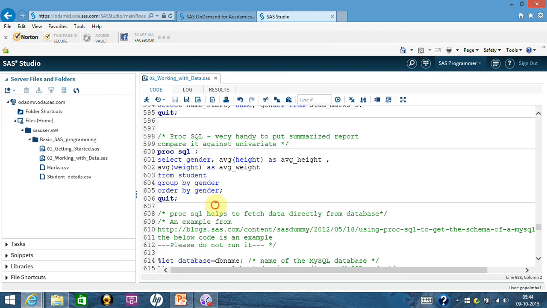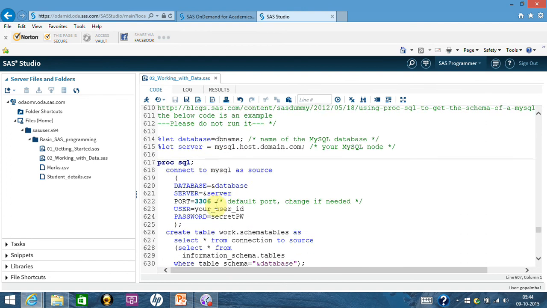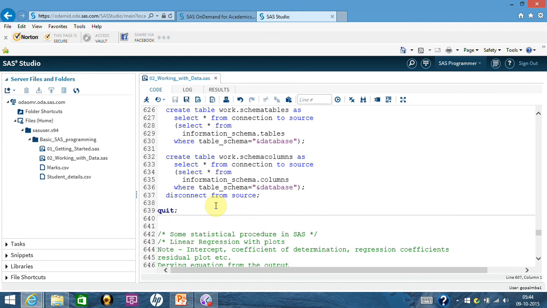In industrial scenarios, Proc SQL is used a lot to pull data from databases, and then you do whatever you want using SAS operations.